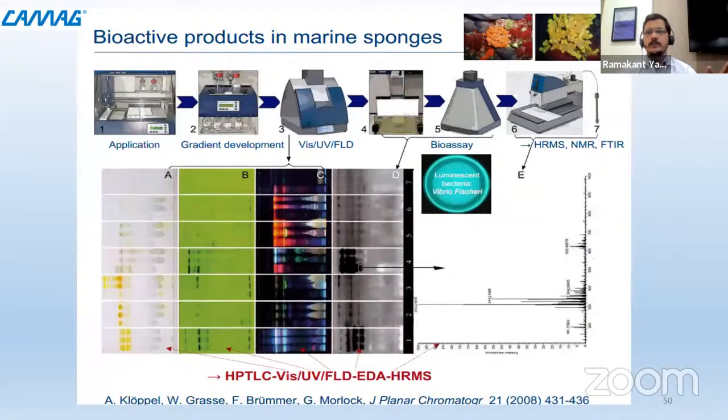This is a holistic approach to how we can use HPTLC with hyphenation in new drug discovery, new bioactive product discovery. So first do HPTLC separation, chromatography properly, separate compounds of interest, and then image document it, and then stain it with suitable bacteria and find out bioactivity, and then hyphenate the technique to find out molecular mass and do structural elucidation for bioactive compounds. So this example is available on the internet.